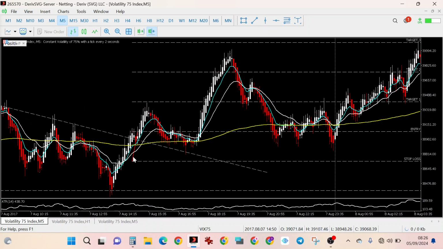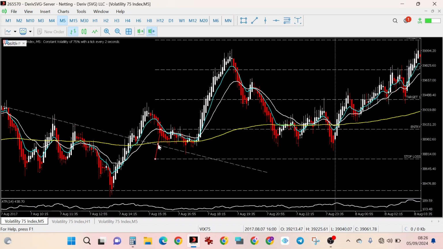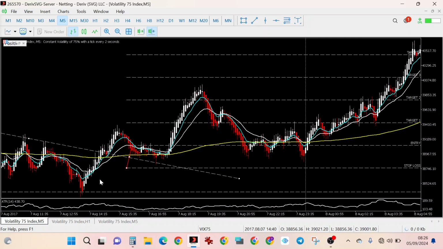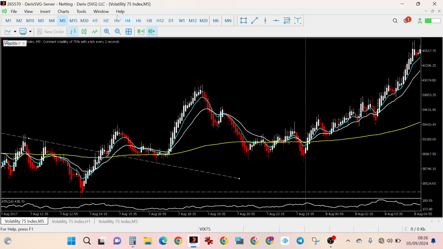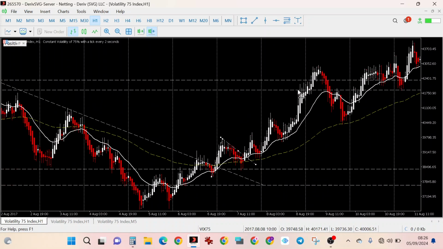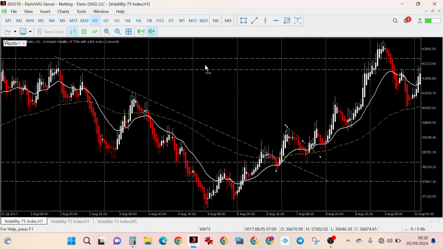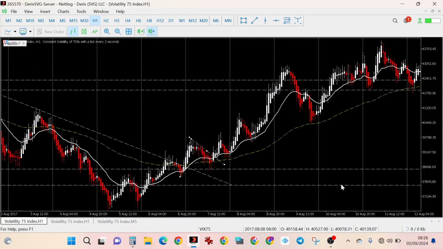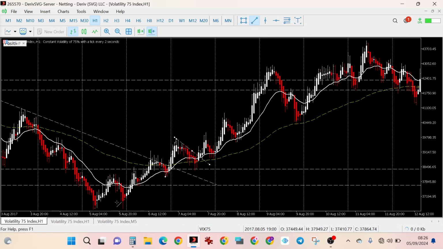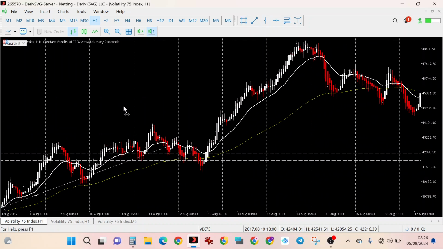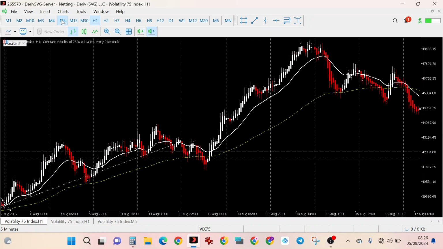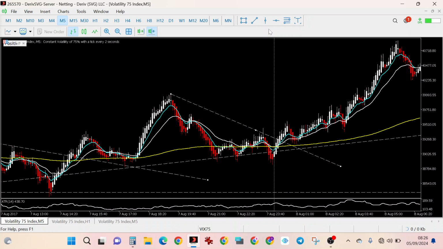Yeah, so this is how we catch big moves on volatility 75. Could also have entered here to catch your big move. As long as the market didn't take out this high, we can always add more. Whenever the market pulls back to the trend line, you are looking for more entries. So there's another entry,